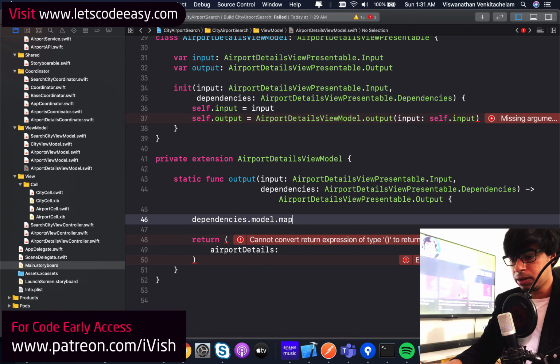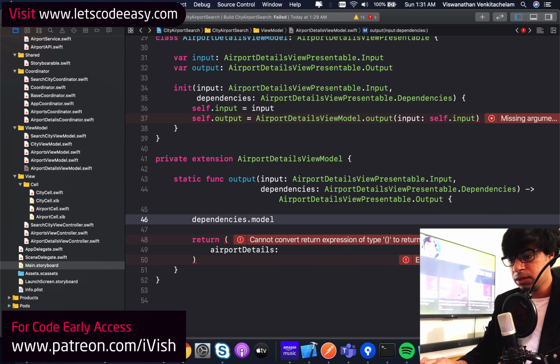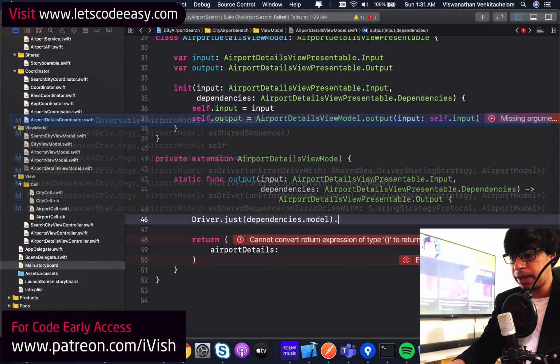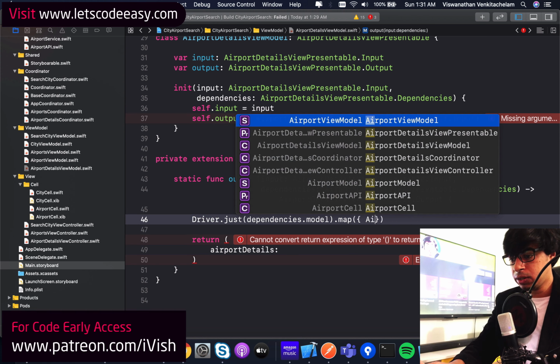I can map it. For that I need to use a driver. So I'm going to say driver.just, dependencies.model.map into something else. So I am going to transform this model into a view model. So I have the airport view model,